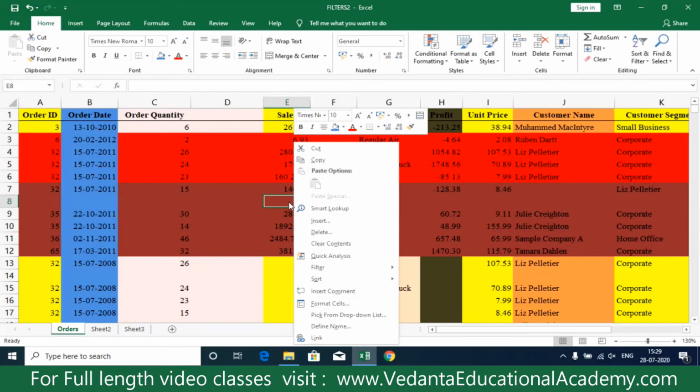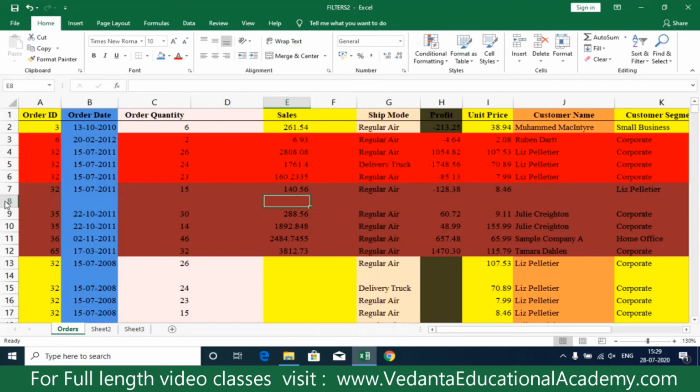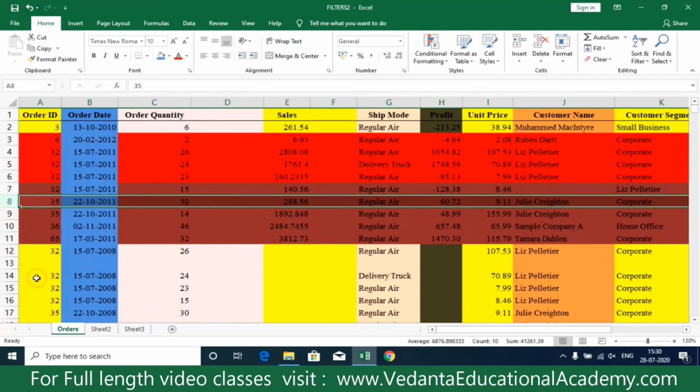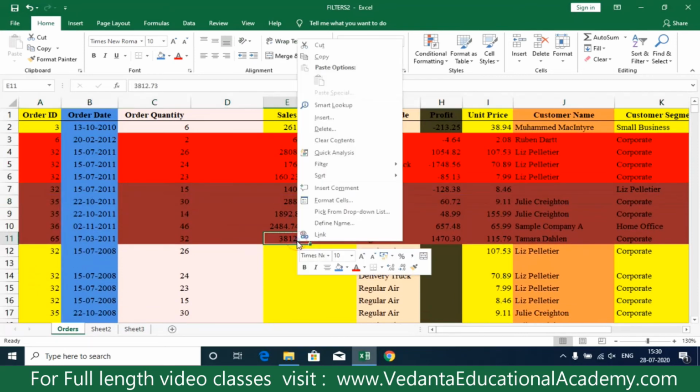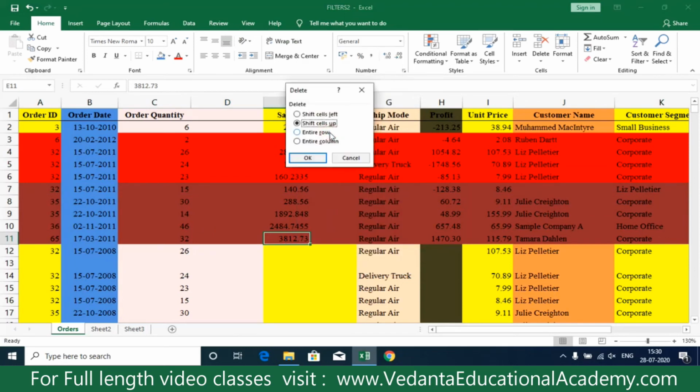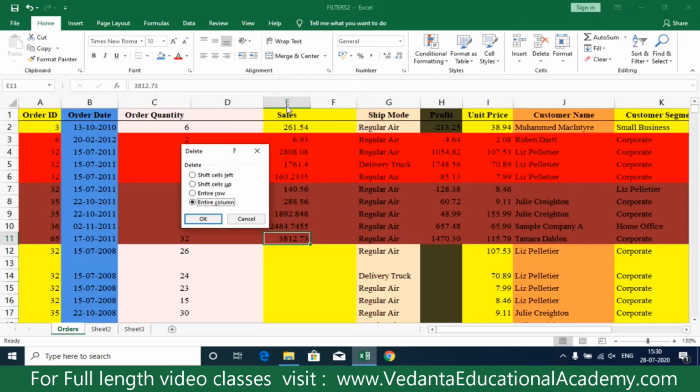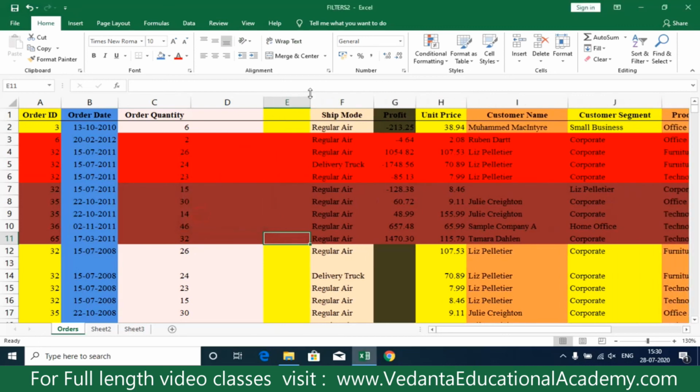And if you want to delete, again you may do the same, not only by right clicking on the column, but even by right clicking on an individual cell you can delete. Simply select the function delete, and choose what you like to delete. I would like to delete a row or column, that is your choice. If you select a column, the entire E column data will be deleted, and F data will be moved to E, and G data will be moved to F. So click on entire column, and automatically F data moved to E, and G data has been moved to F.